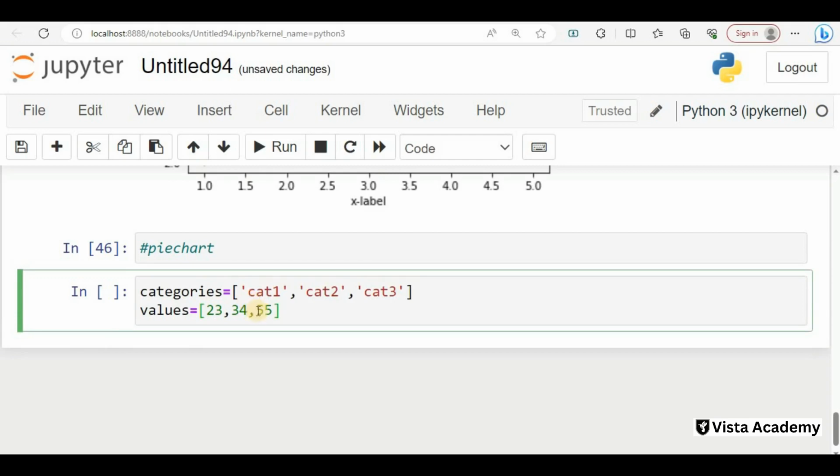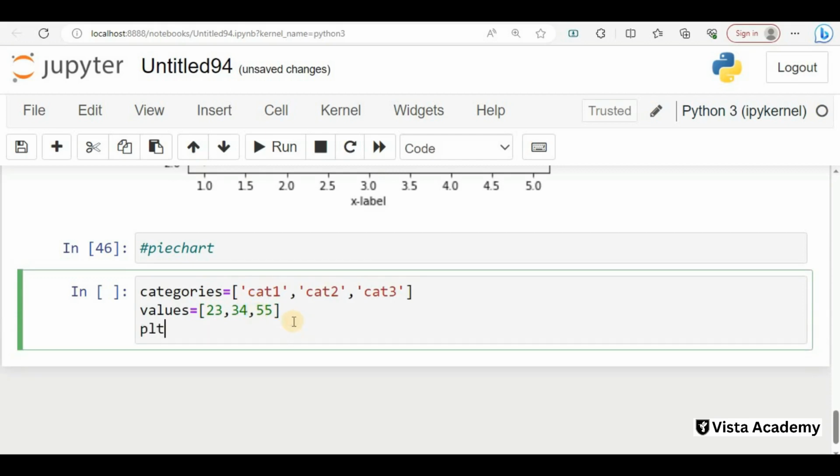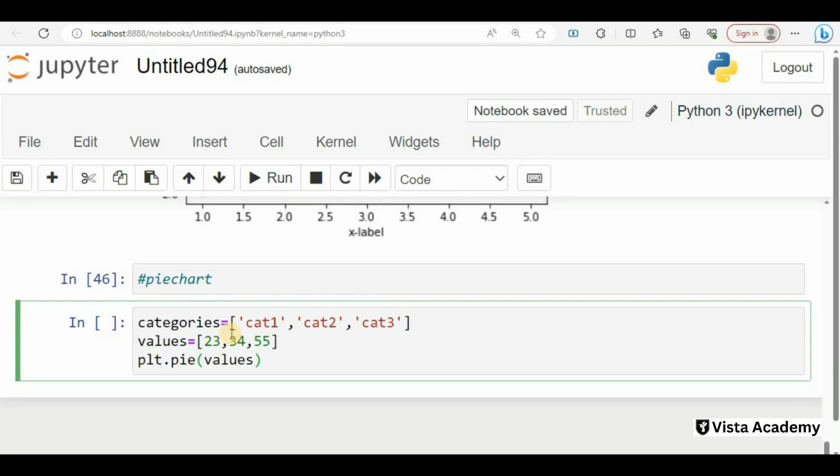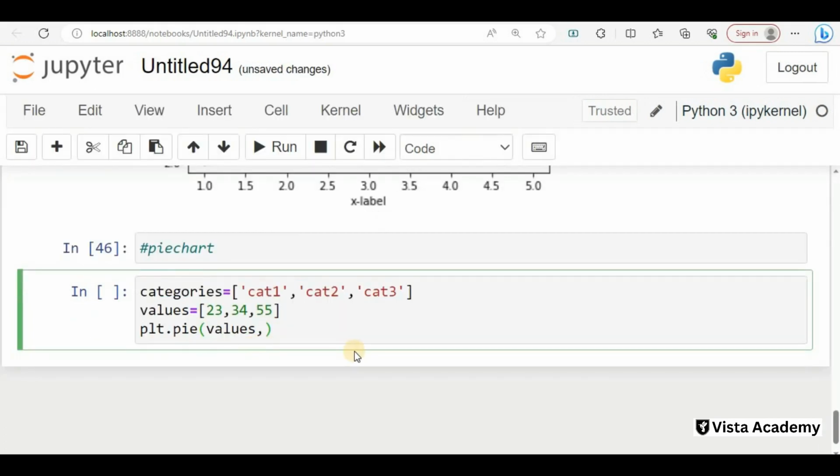To create a pie chart the command is plt.pie, and inside that we will take these values and paste them, and our labels as categories. So we have to create labels, and here we will put categories.